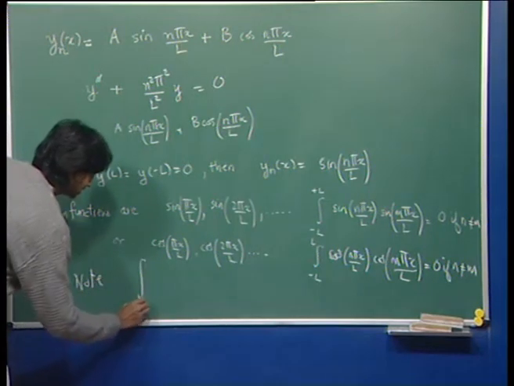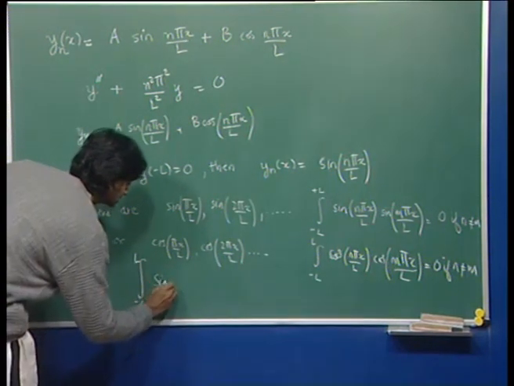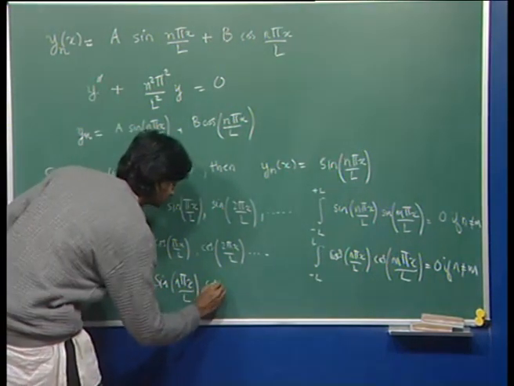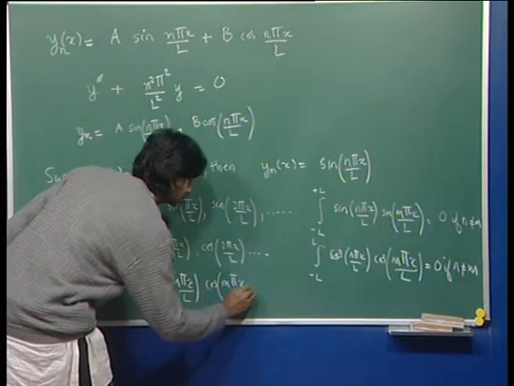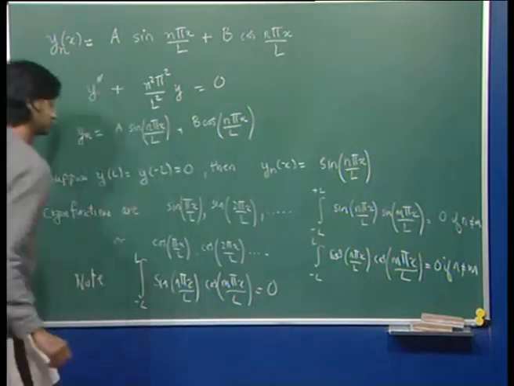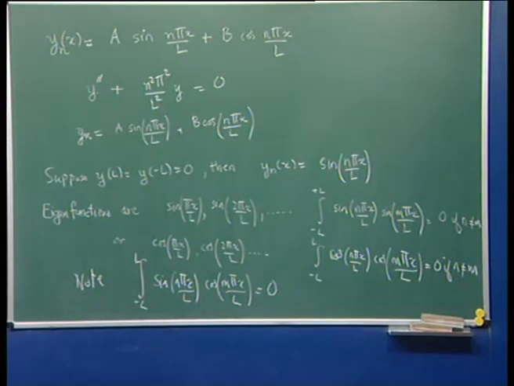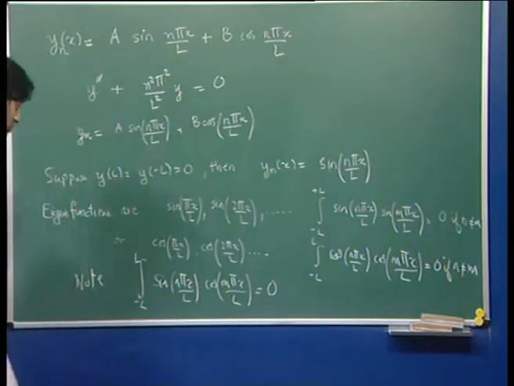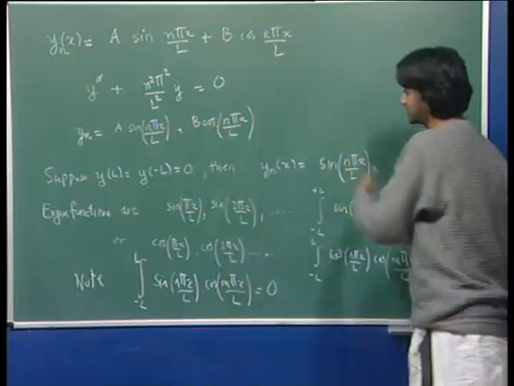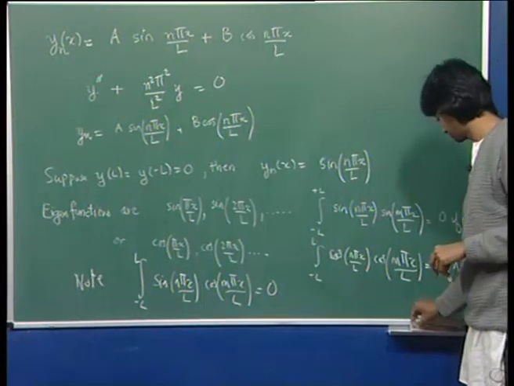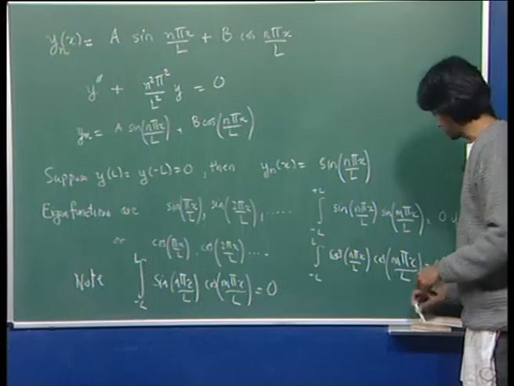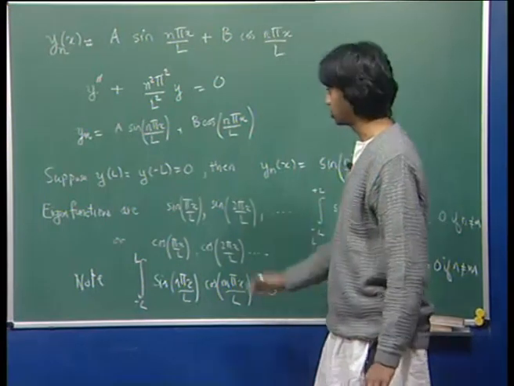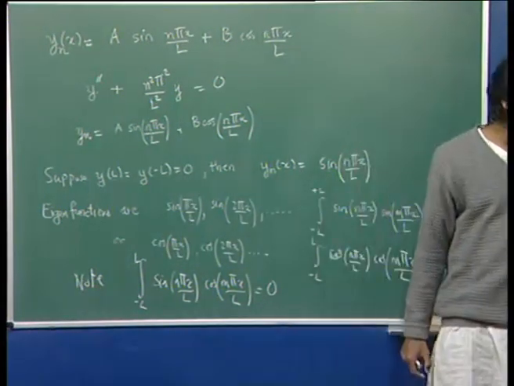Now, interestingly, note that the integral from minus L to L of sin n pi x by L cosine of m pi x by L equals 0, irrespective of whether you take n and m the same or different. This integral will go to 0. So in a sense we can take this entire set as a set of orthogonal functions. Okay. So since sines and cosines are orthogonal to each other, we do not need to choose only sines as orthogonal functions or only cosines, we can choose a combination of these,